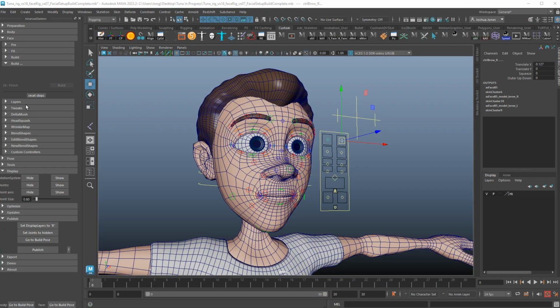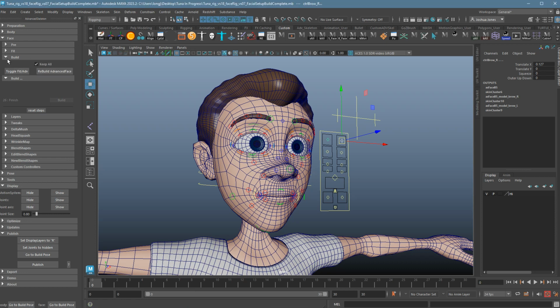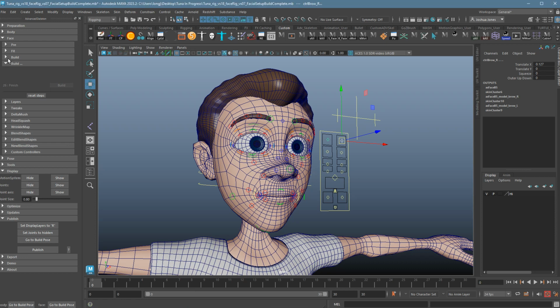So as you can see, there's still a lot of things we can do here. There's a lot of custom options, custom controllers, and different ways to play with this. We have our good old Delta Mush to work with too. But for right now, the main part of the build is done. We'll cover these options later. You'll notice that the steps are all gone. So if you do want to go back and make any changes, what you'd want to do is